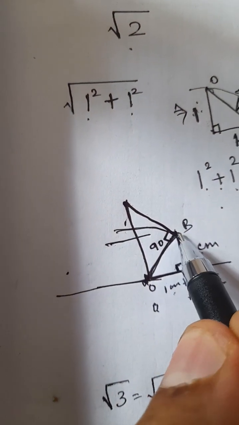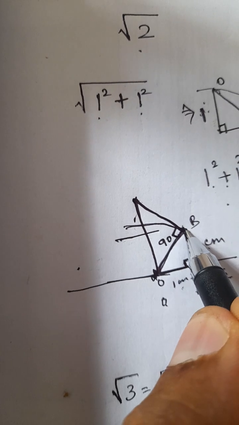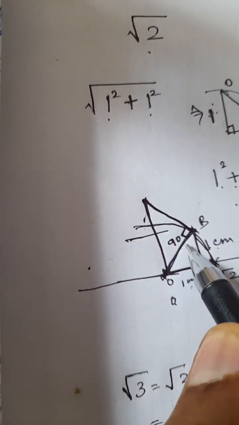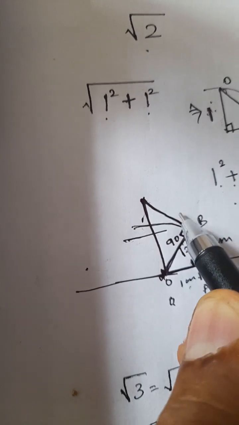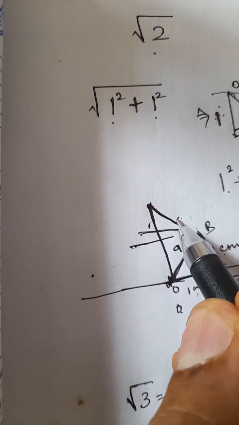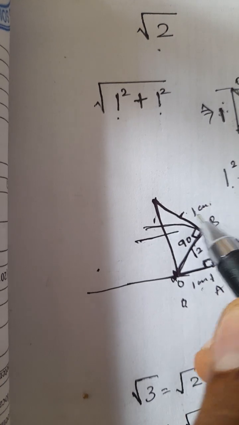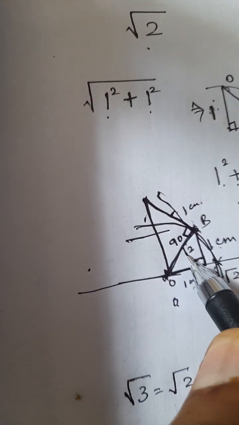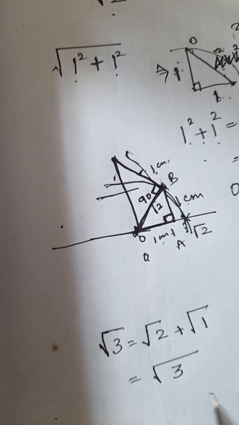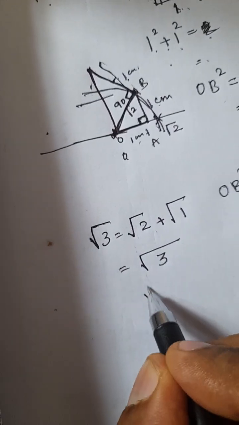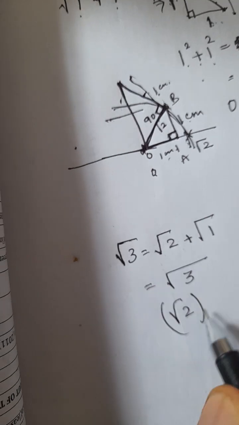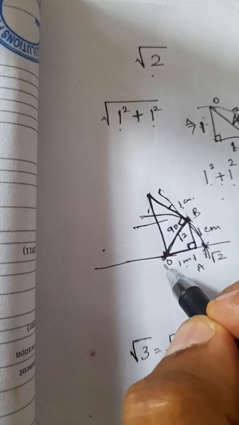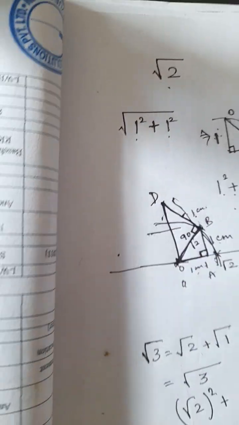Now, this already represents the point square root of 2. So this point is square root of 2. At a length of 1 centimeter, you have taken 1 centimeter and drawn a line. You can just imagine that this line is of 1 centimeter. So this is square root of 2 and 1. So, I can say I have square root of 2 whole square plus 1 square. If I name this point as D,